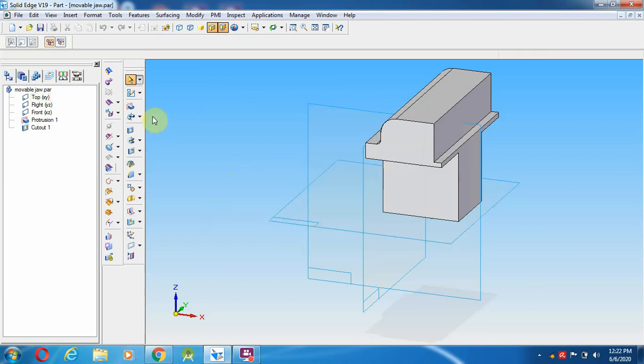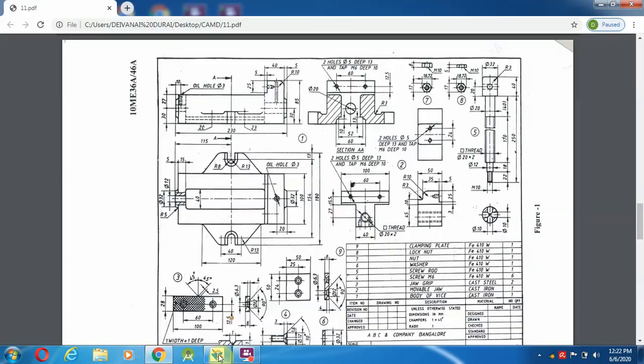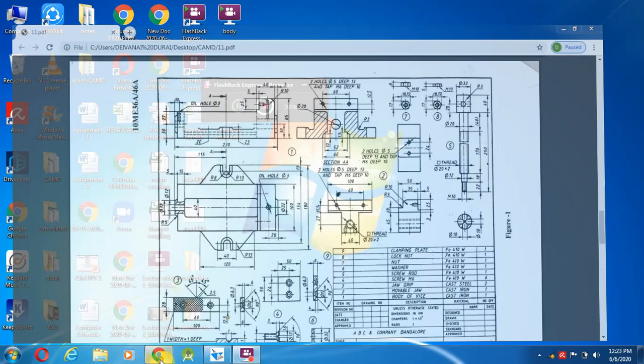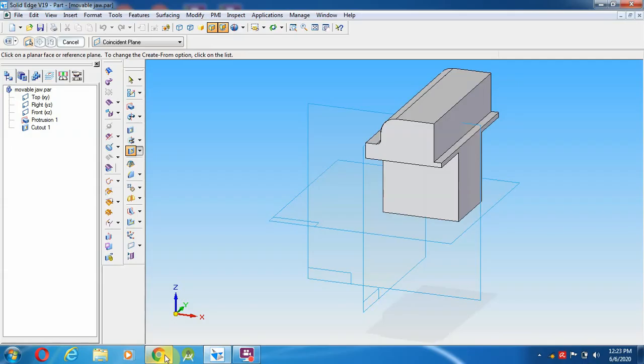After saving this, I am going to select the hole option. This hole is called square threaded 20 into 2, where 2 mm is the pitch. So the threading will be square threaded. Go over here and select hole.